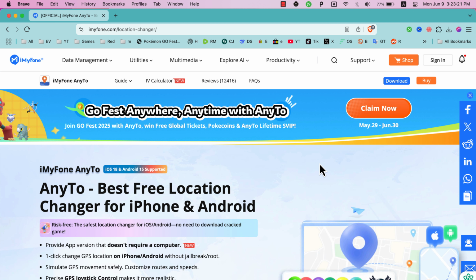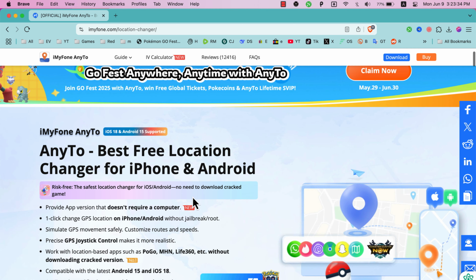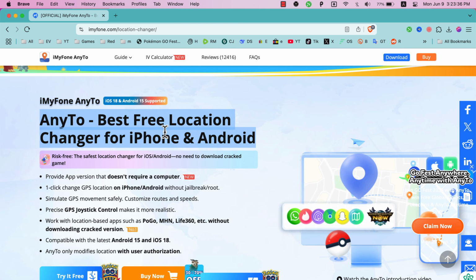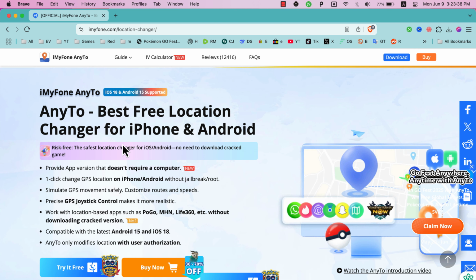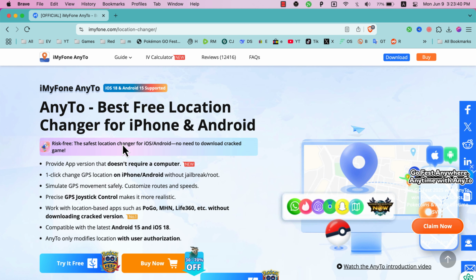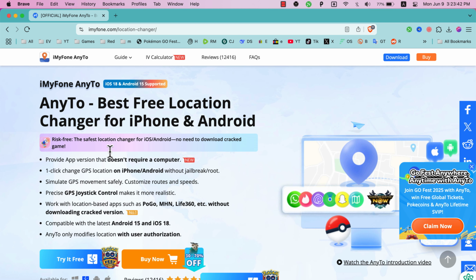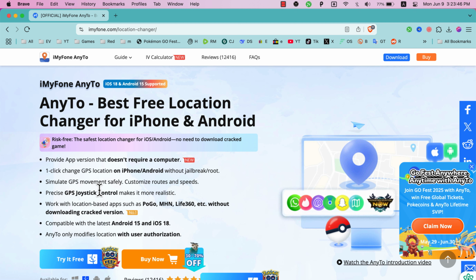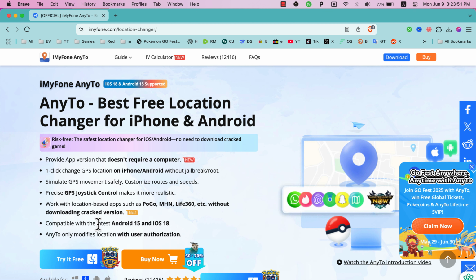First, go to the official website of the software, which is iMyFone AnyTo, and as you see, this is the software. iMyFone AnyTo, it's one of the best free location changers for iPhone and Android. This software provides an app version that doesn't require a computer. One click change GPS location on iPhone, Android, simulate GPS movement safely, customize routes and speeds, work with location-based apps,